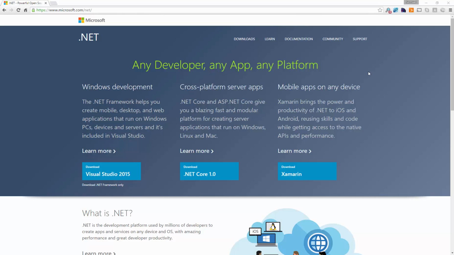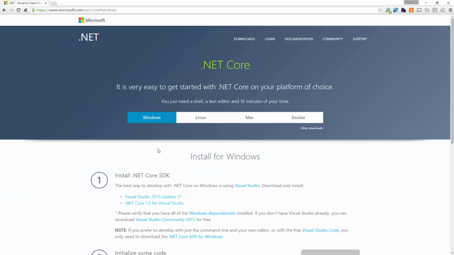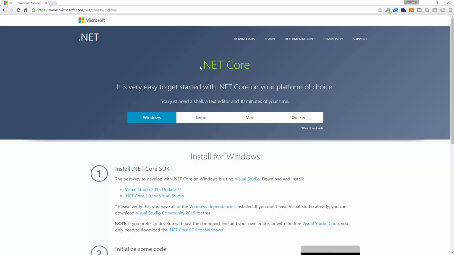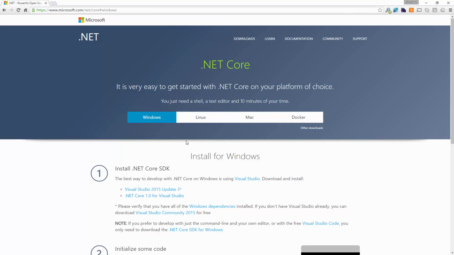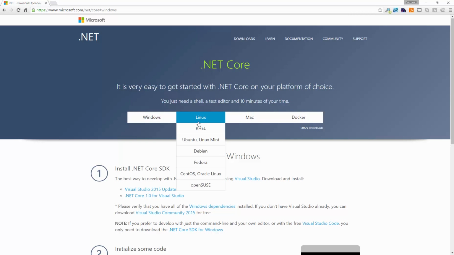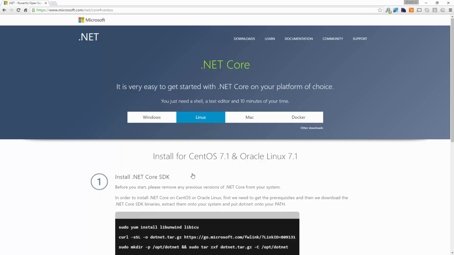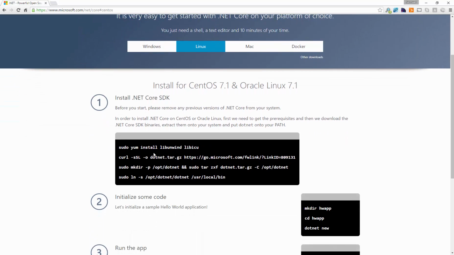And what I've done is I went to the .NET website, and I'm just going to choose to download .NET Core. Okay, so here we've got the .NET Core, and I can see the platforms that they're supporting. So we've got Windows, and these are the steps of installation. Obviously for this demo I'm doing Linux, so I'm going to choose Linux, CentOS, and they give me instructions already